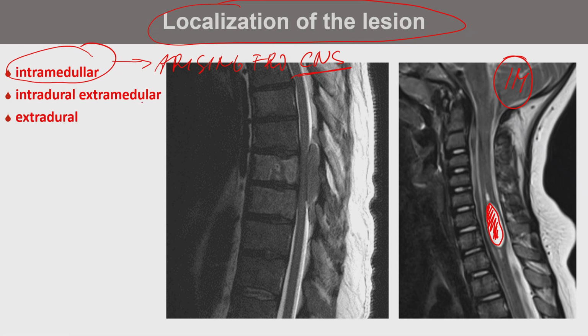Intradural and extramedullary lesions are localized inside the dural sac, but typically arising from meninges. So then it is compressing the spinal cord from outside, but again partially surrounded by the fluid, because it's arising from dura mater or leptomeninges, so typically meningioma or neurinoma in some clinical syndromes. In developmental diseases also, like Recklinghausen disease, for example.